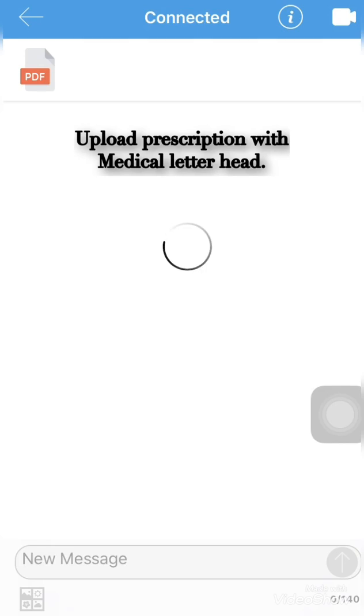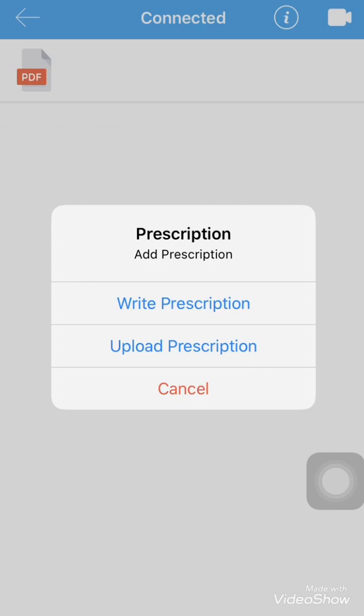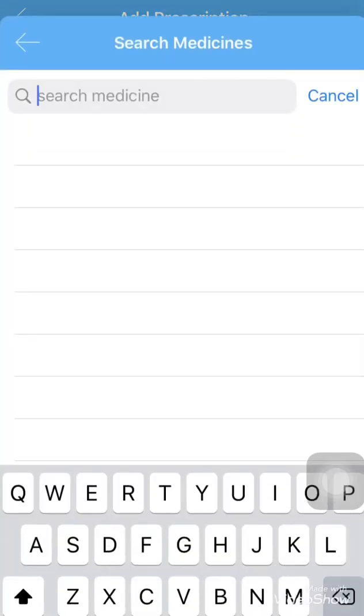Now, if you want to write prescription, then click on the write prescription. Select medicine. Search medicine which you want to add.